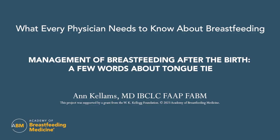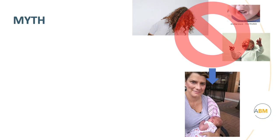I'm going to say a few words about tongue tie because it's something that we get asked about all the time. I think it's a myth that there's no such thing as tongue tie. When I was training in the mid-90s, that's what I was taught as a resident on the newborn service. You'd see a baby with a really very obvious tongue tie, and I was taught we don't do anything about that. If you look, though, at who was breastfeeding then,